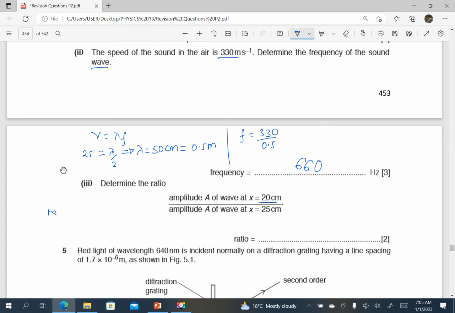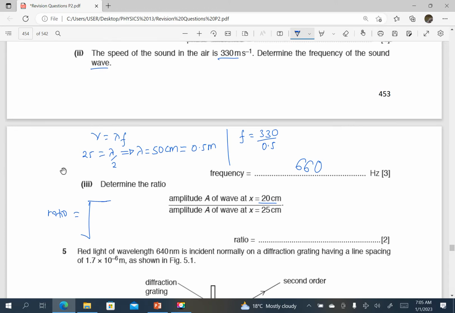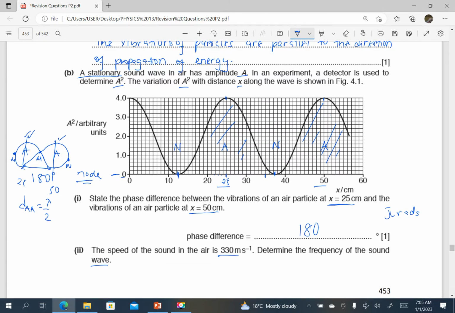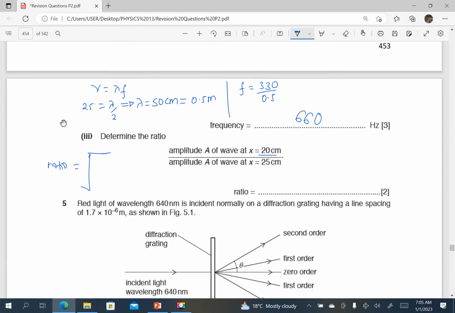The ratio must actually be the square root of, because the graph is of A squared and we want only A. So it will be the square root of A squared at x equals 20. From the graph, this value, which I think is 2.6, by looking at the scale on the vertical axis. The scale on the vertical axis is 1 divided by 5, which is 0.2. So 2.2, 2.4, 2.6. I'm finding the square root because we want A only, but the graph is for A squared. So this is the square root of 2.6 divided by,